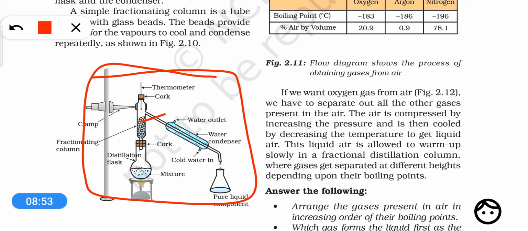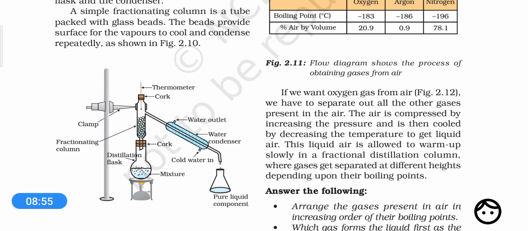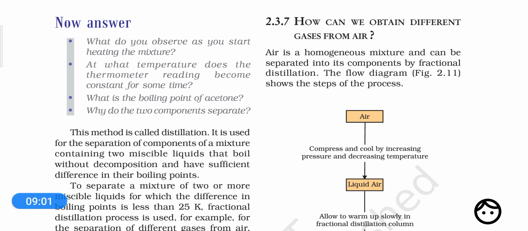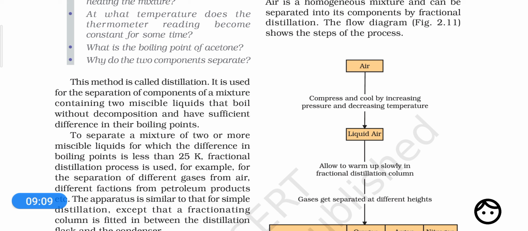So dear students, now let's understand the separation of components of air, means how we can separate or obtain different gases from air. There is a method. How do we do it? First of all, we convert the whole air into liquid air, right? We cool it down, we compress it, right? And when its temperature becomes very low, then all the gases of the air like oxygen, nitrogen and carbon dioxide become liquefied, they convert into liquid. So now air is in liquid form, that is called liquefied air or liquid air.